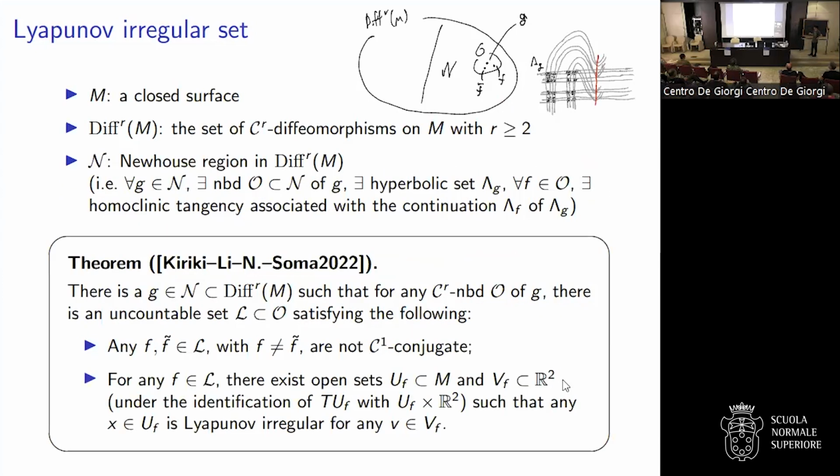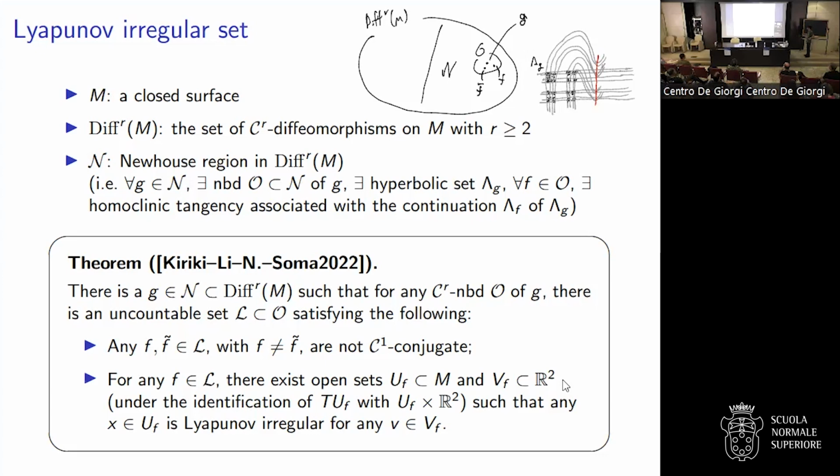Okay, so our first result is like this. Let us consider M as a closed surface, as usual, denote by Diff^r(M) the set of C^r diffeomorphisms on M with regularity r larger than or equal to 2, and denote by N the Newhouse region, meaning the set of diffeomorphisms with a hyperbolic set and homoclinic tangency associated with it. And this property is robust,